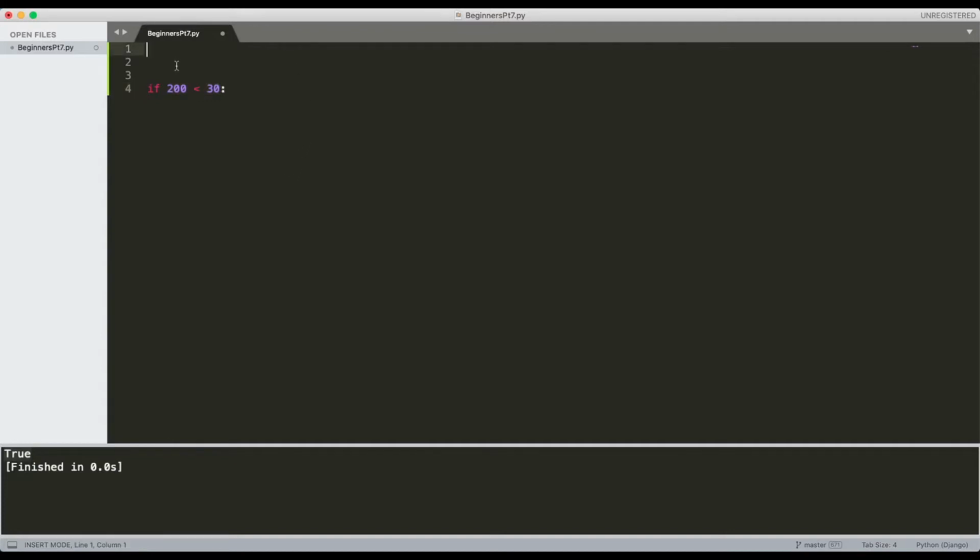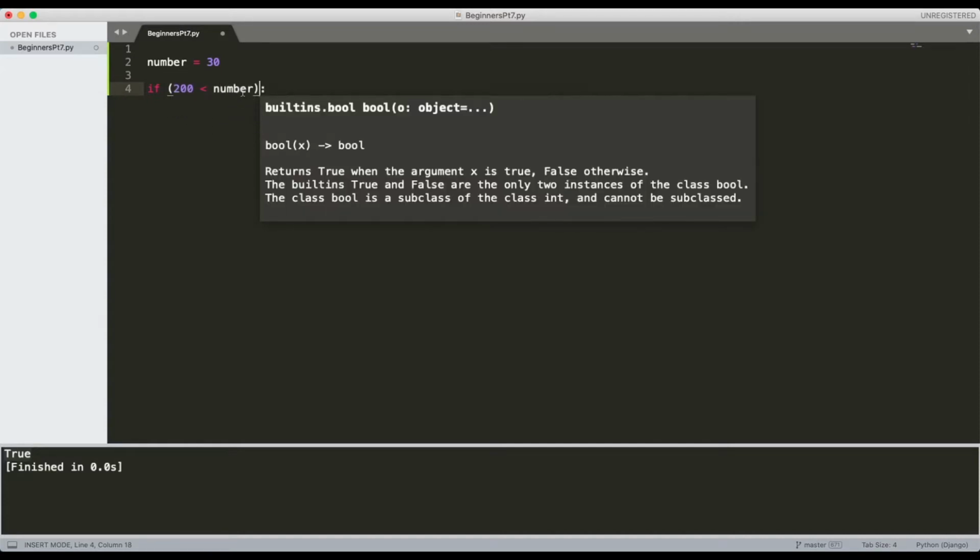So say if we had a number called 30, and we didn't know this was 30, okay? This was inputted by the user. Well, we say if 200 is less than a number, then we'll do something, right? So we know that in this case it's obvious, but in many cases it shouldn't be. So the syntax is we have if, and then we have a boolean, okay? Sometimes you can put brackets around the condition or boolean if you want, but it's up to you. I'm using condition and boolean interchangeably,